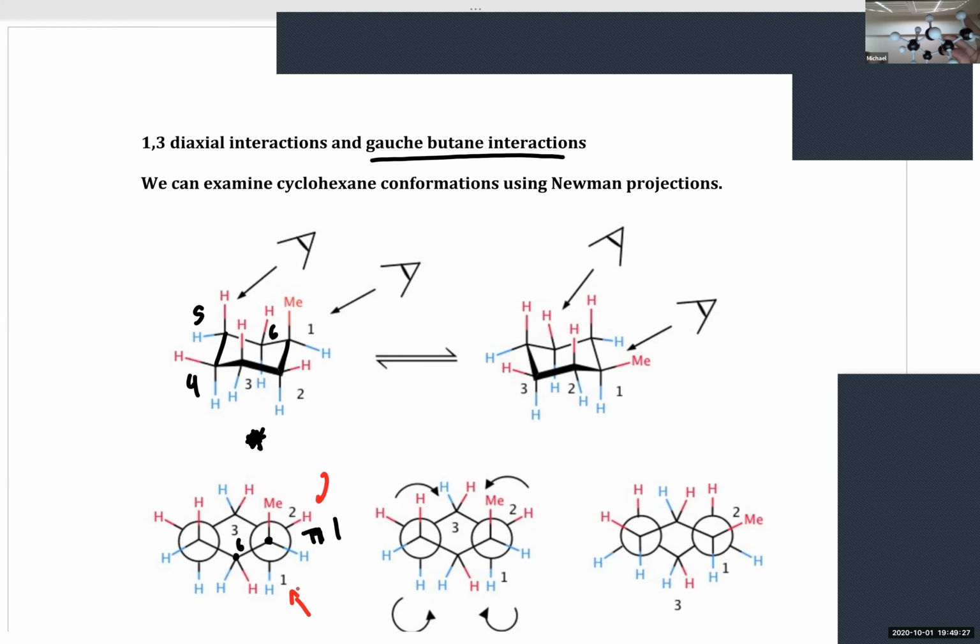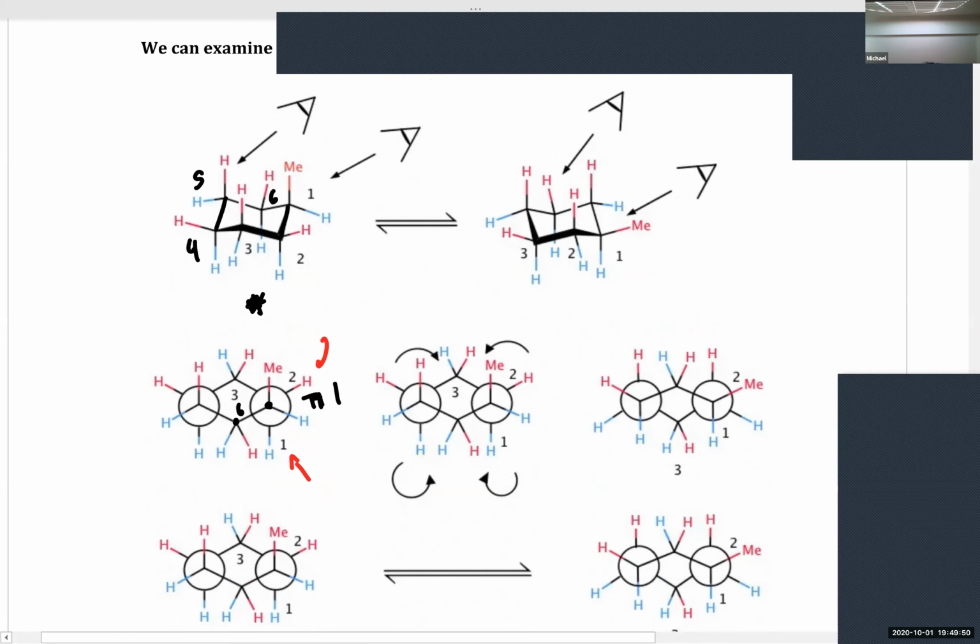What I want you to focus on now is, does everyone see how we get these Newman projections? We're looking down our carbon-carbon bonds, we're drawing our front carbons and their substituents, and then drawing our back carbons. Does that make sense? Is everyone with me so far on that? Yep. Okay, so now what we're going to do